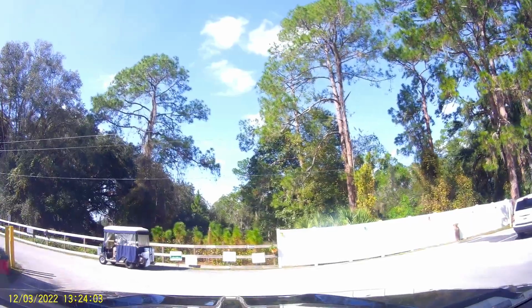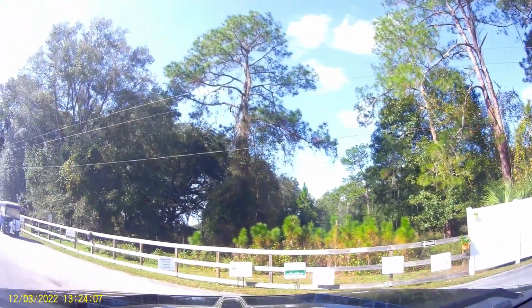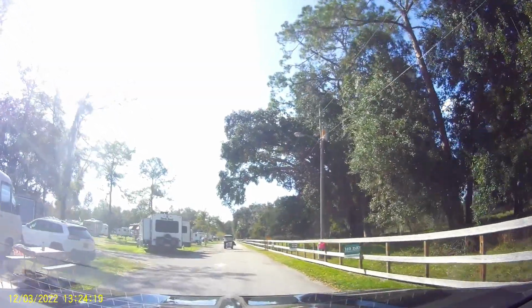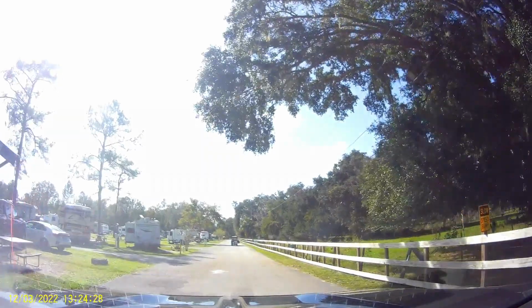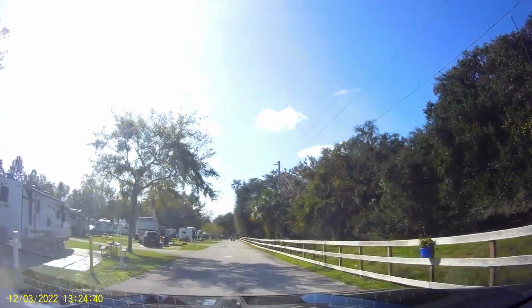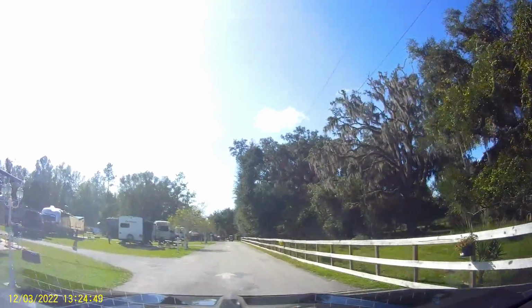To the right there is the pool area, which is a beautiful pool. It's not a huge pool, but it is a good sized pool for the size of community that this is. To the right, you have cow pastures, and you get frequent visitors from cows, especially in the mornings and evenings. And we were treated this trip to all kinds of calves and watching them frolic. So you can see,